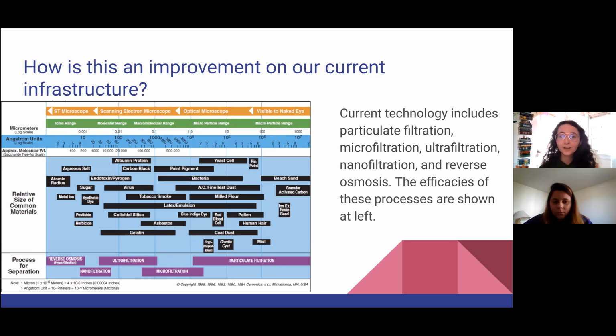So all of that explanation of how membranes work kind of begs the question as to why these membranes could make an improvement on our current technology. If you look at the bottom of this diagram, written in the purple boxes are our current water purification technologies. The most selective processes are at the left, and the most unselective, most easy to produce are at the right. And in black, above all of them, are the sort of things that they are capable of filtering out of